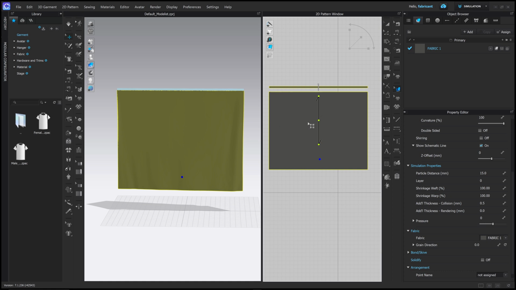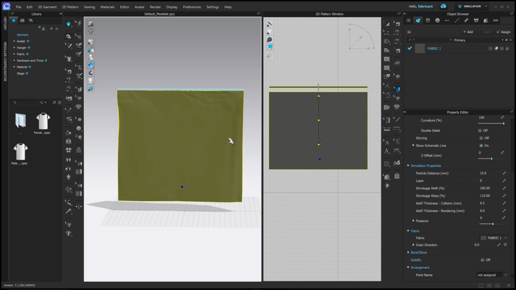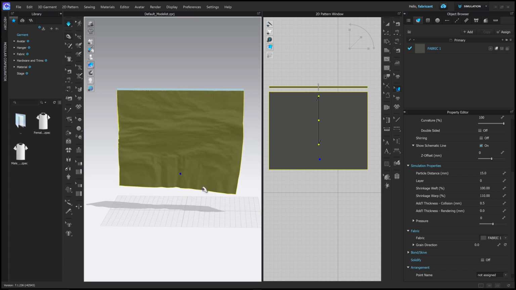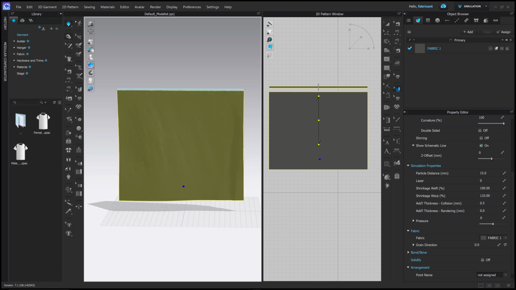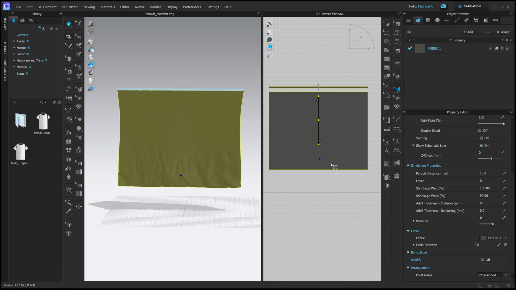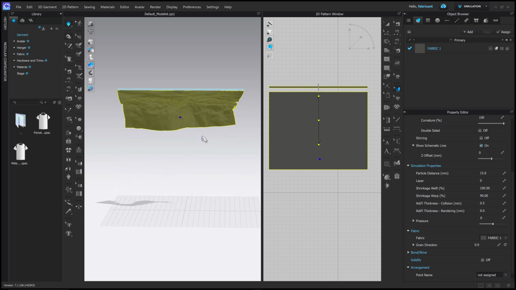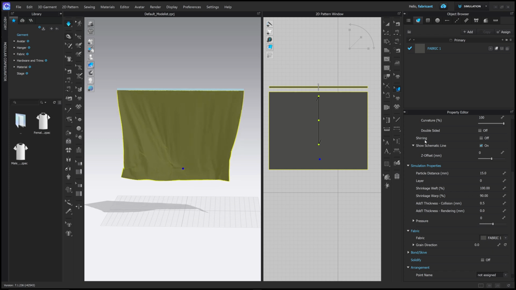So the weft will be from the left to the right, so across this arrow is the weft, and the warp is the length here. So if I add into the warp 110% and I simulate again, the fabric will become 10% longer. So that is additional into the warp. If I put in here 90, it will become 10% shorter. So you can use this to make the fabric shrink, and you can use it to make the fabric expand